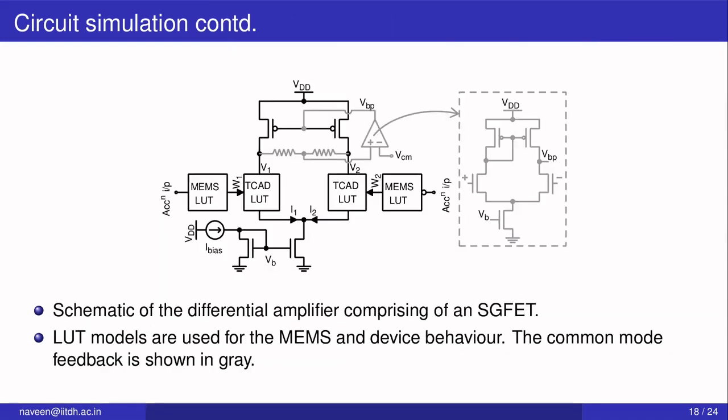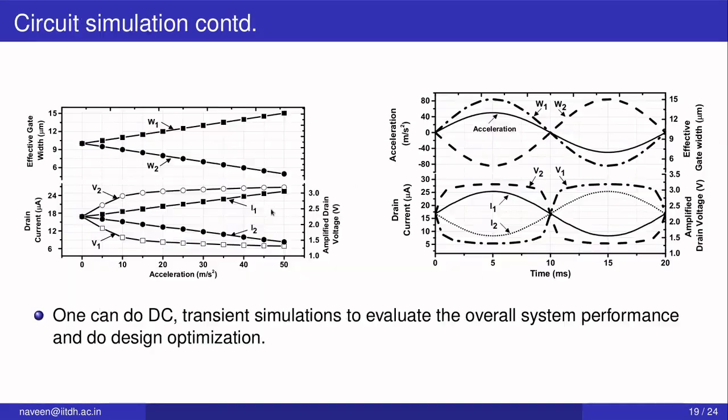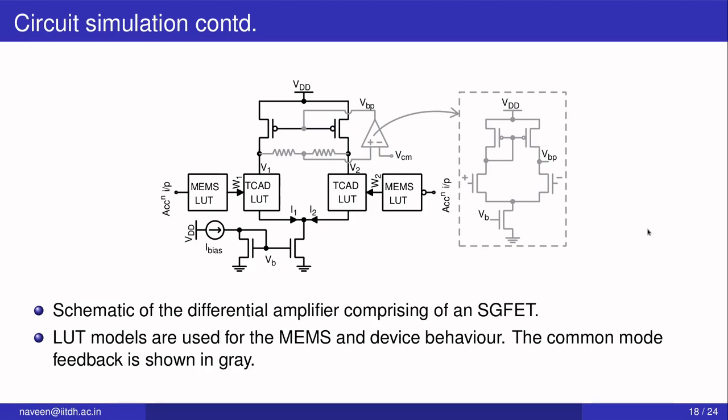So, for example, we have done this kind of methodology to design a circuit with an in-plane movable suspended gate transistor. So we have the acceleration input which goes to the MEMS LUT, that goes to a lookup table which has the transistor characteristics. Now this entire thing can be used in a differential amplifier as shown here. So you can explore all kinds of things, whether you want to use resistive load. In this case we used a current source load with common mode feedback with a fully differential configuration from input to